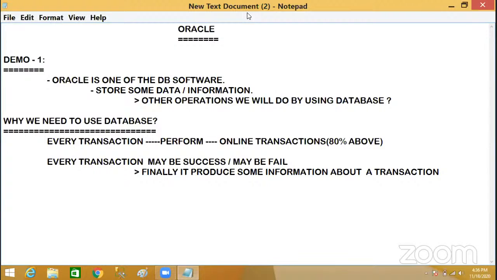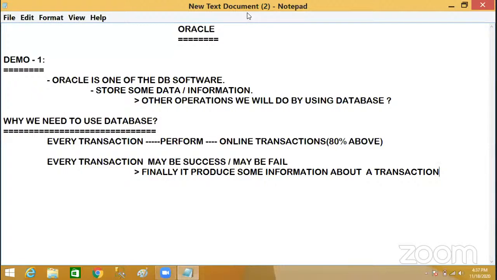So this data produced from your transaction, I need to store somewhere. Where can we store it? Because this is not manual data, this is online data. That means an online application is producing some data. This is not a manual system. This is an online system.